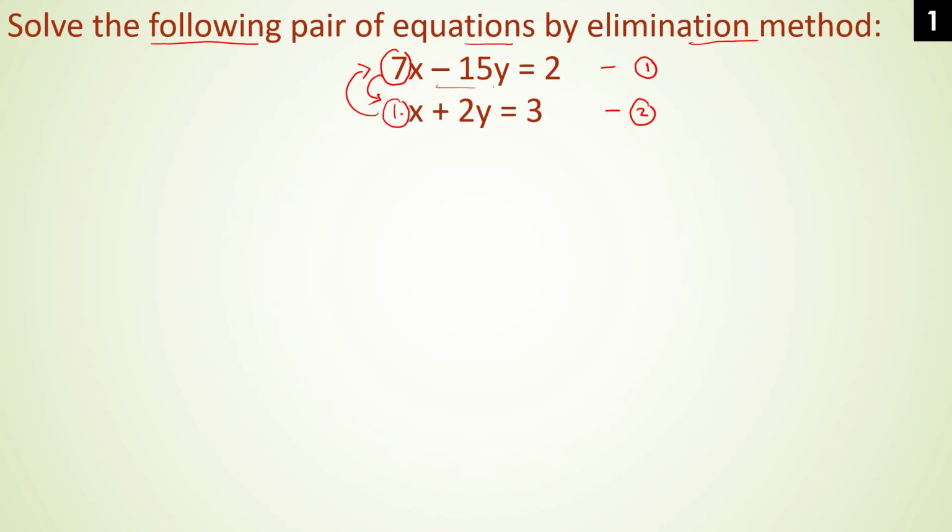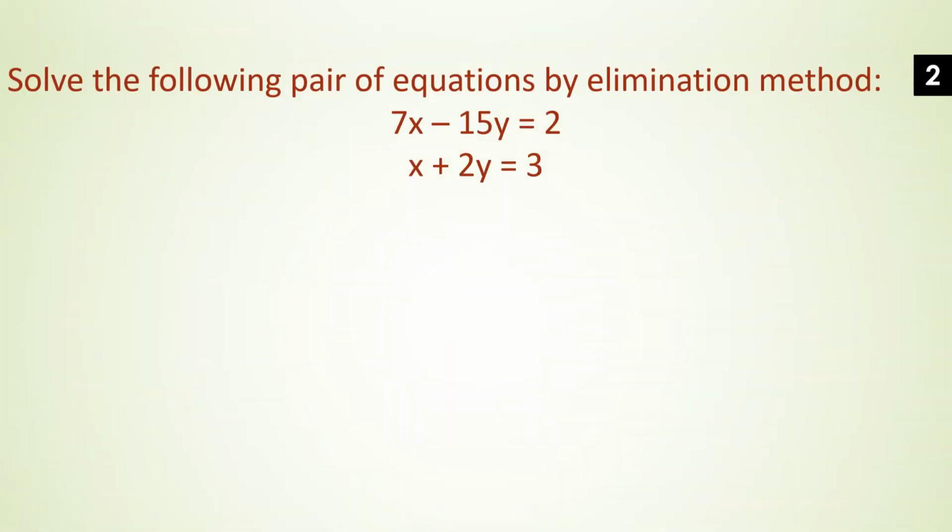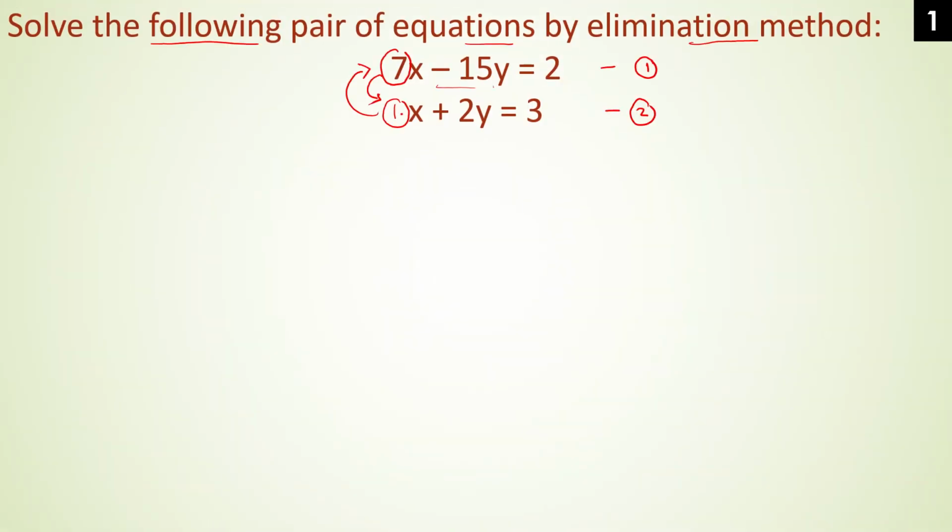So the coefficient of x will become equal. Then after that we will decide whether we have to add or subtract the equations. So, writing in words, multiplying first by 1 and second by 7, we get